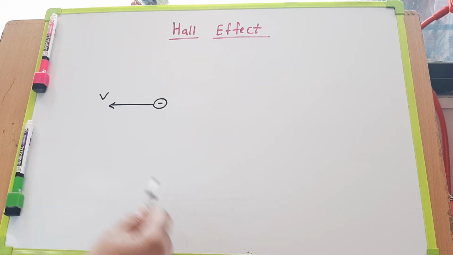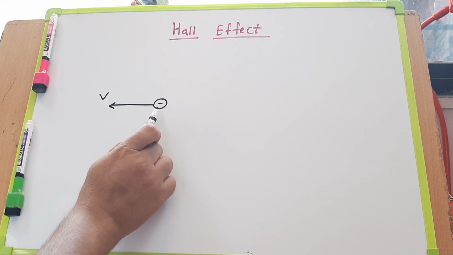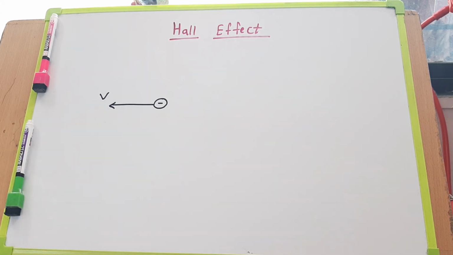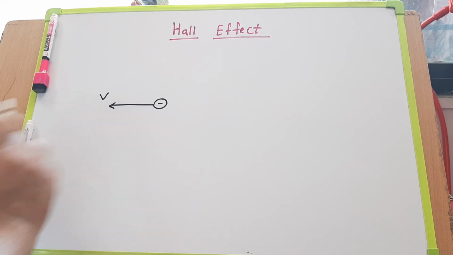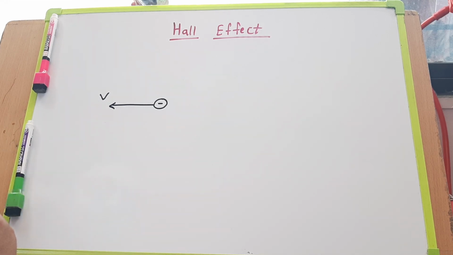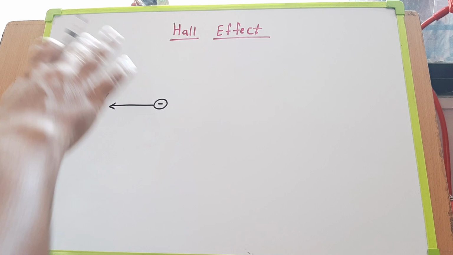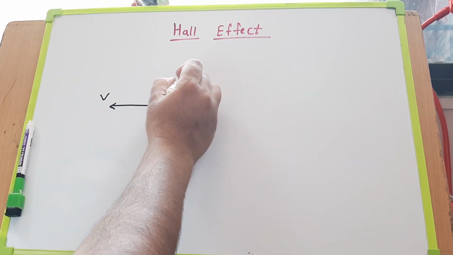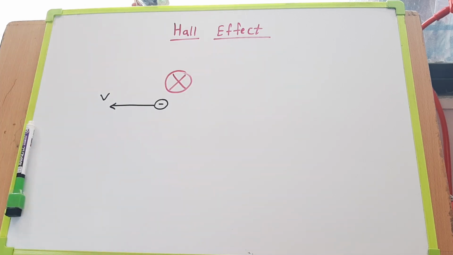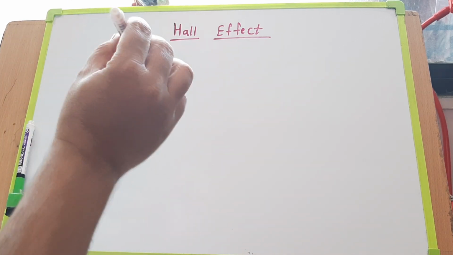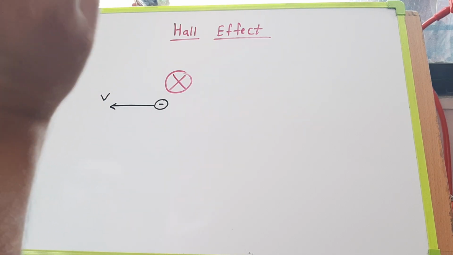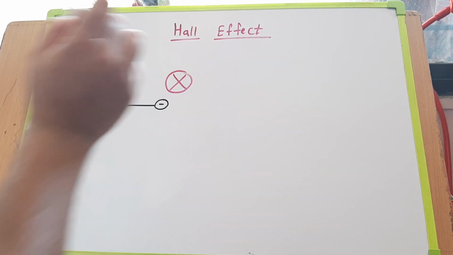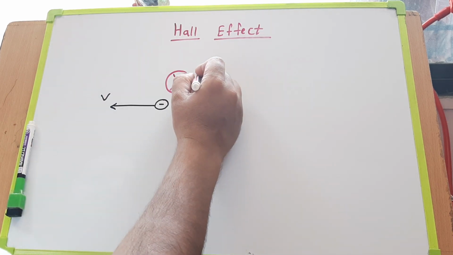So a negative charged particle. Suppose you have this negative charged particle moving from right hand side to left hand side, in this direction. It has some velocity v, and suppose there is a magnetic field applied which is going inside this board. When you say it is going inside the board, you can represent that this way. As you remember, it simply means the field is going from outside to inside, in this direction. So this is B bar.